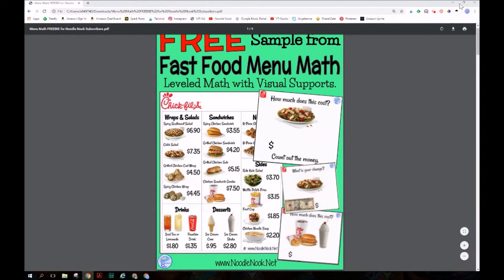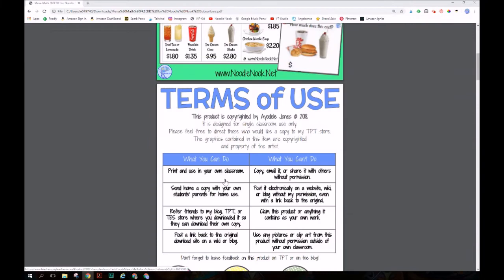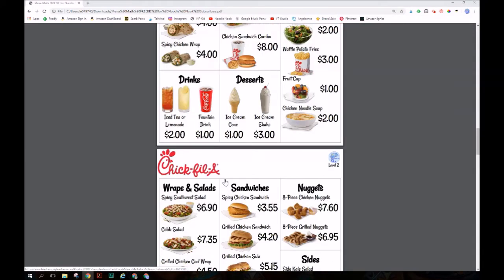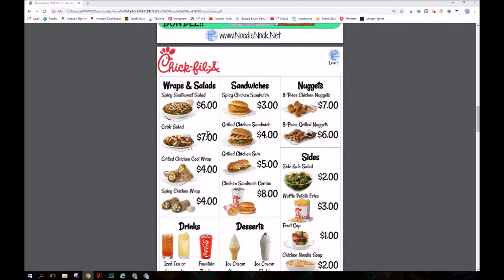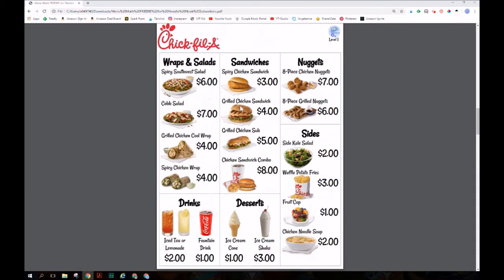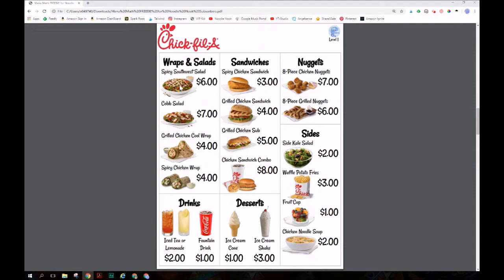The Google Chrome window allows me to go ahead and separate the PDF without having to worry about what level of Adobe I have. So the entire printable is here, but the student that I'm thinking about is only able to work with whole dollar amounts. So I want to send them this page of the activity, and that's page 4. So when I hit Control P or go ahead to print,